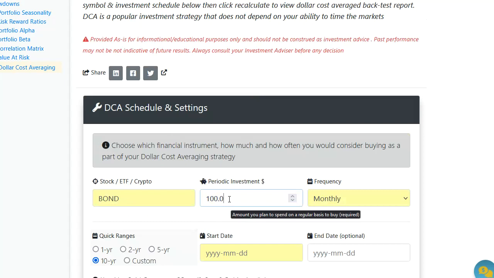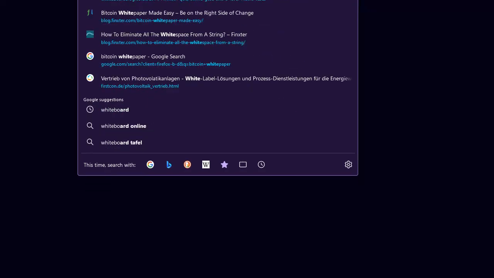The good thing for dollar cost averaging is that you buy more if the asset is down. So volatility plays into your strategy, right? If the asset is down a lot, you would buy a lot, and you would get much better returns. So even if the asset is fixed over time, maybe we can have a whiteboard.